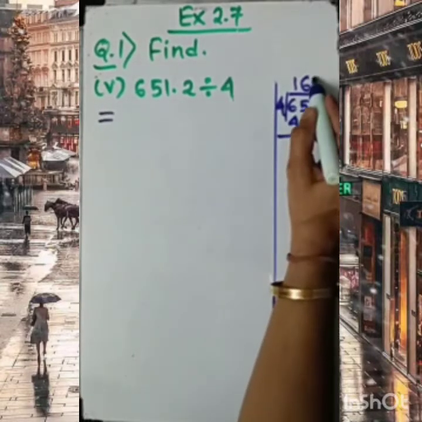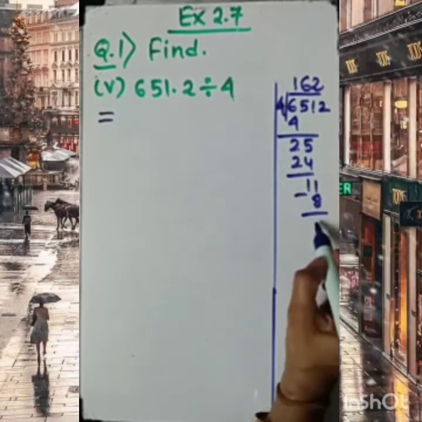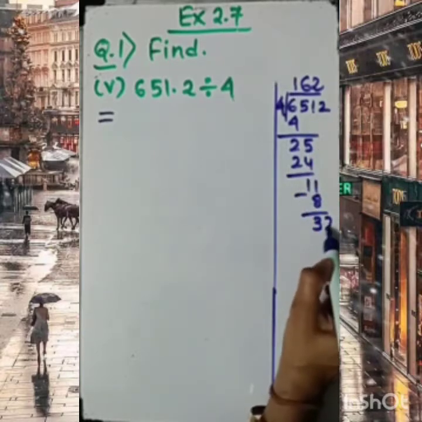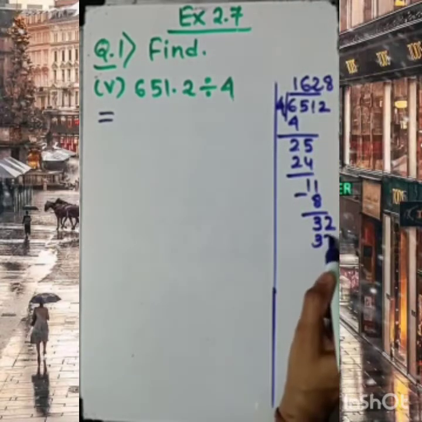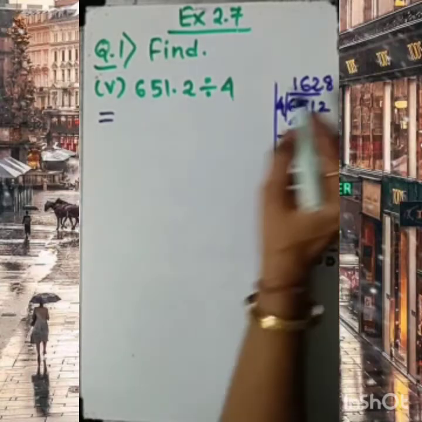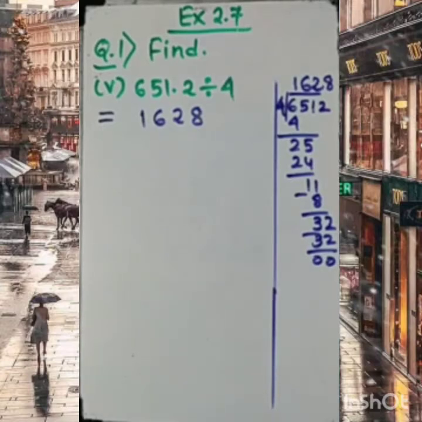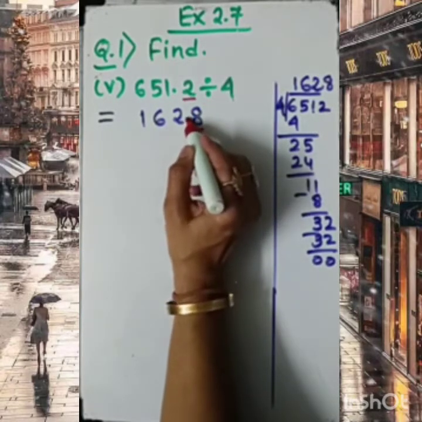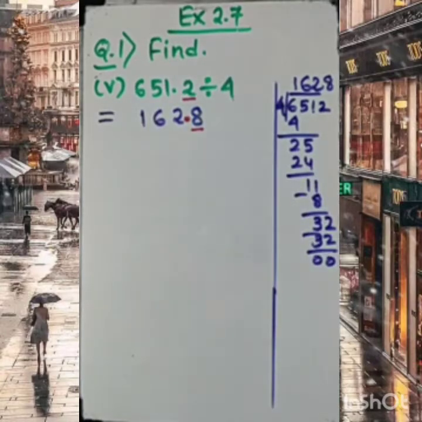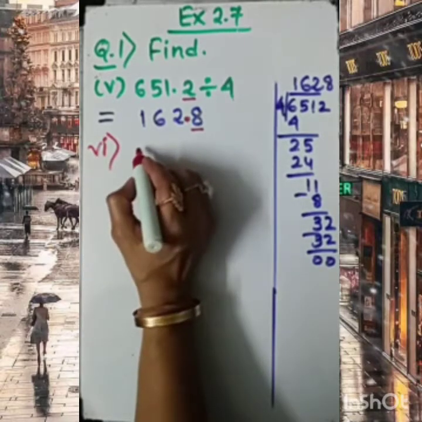We know that 4 2 ja 8, because 4 3 ja 12 will be bigger than 11. So 11 minus 8 is 3. And this 2 here I have to bring. Clear? Now 4 8 ja 32. Okay, dear student. So here 0 is the remainder. So what answer are we getting after dividing? 1628. Okay. Now, as I told you how to shift the digit, we need to count immediately after the decimal only one digit. So here also one digit. So our decimal will be here, 162.8. Let's go with the next and try to understand the same concept better through that example.